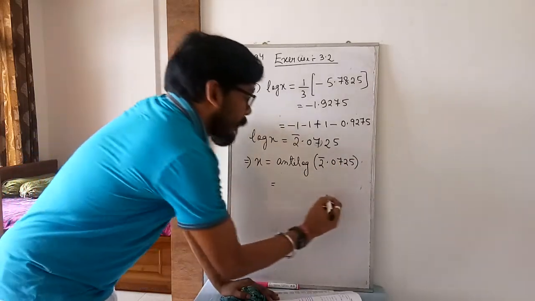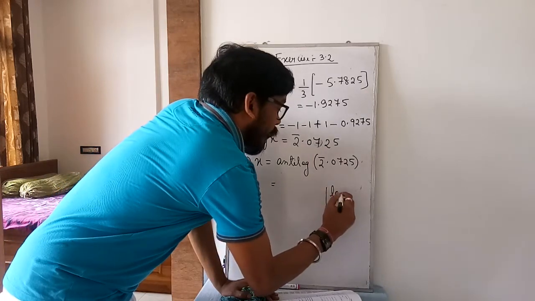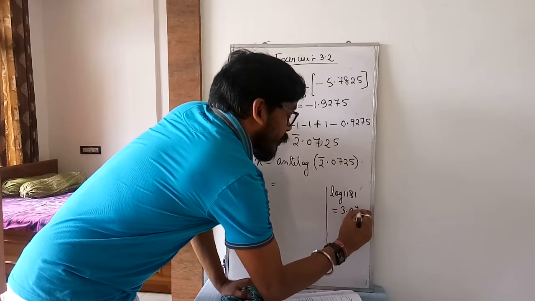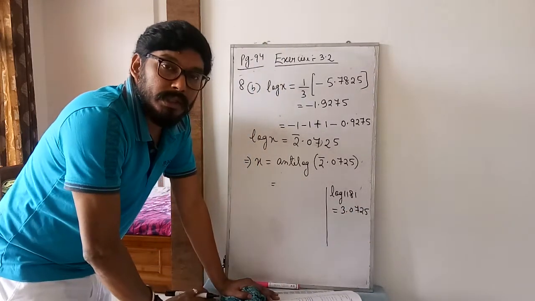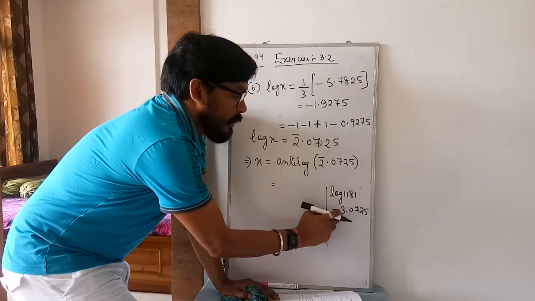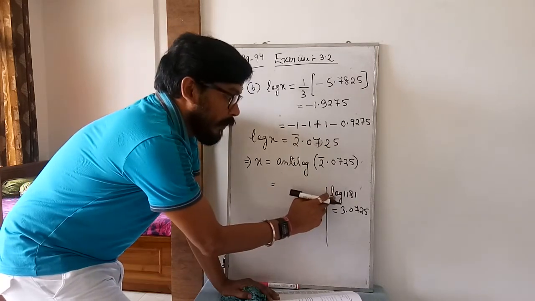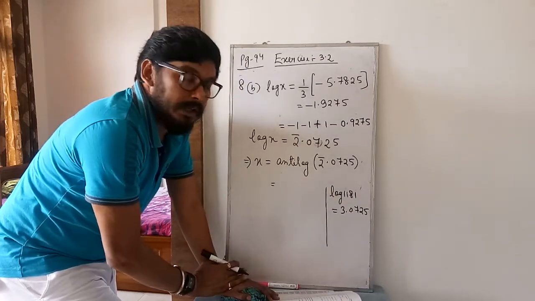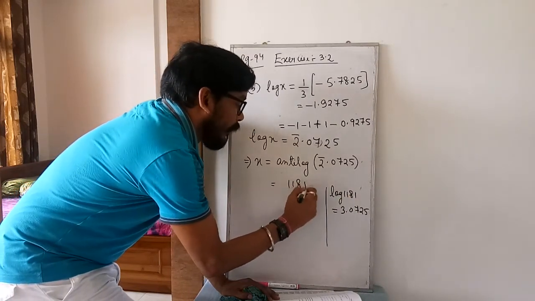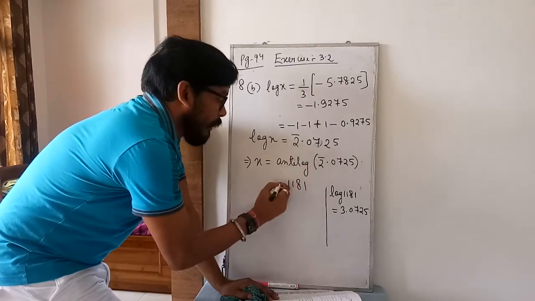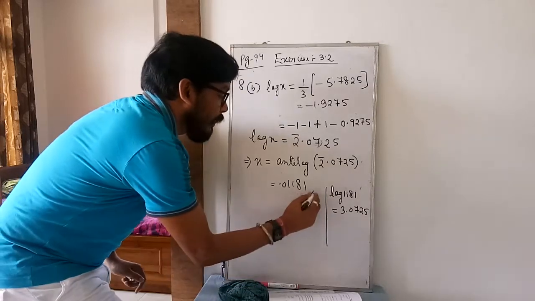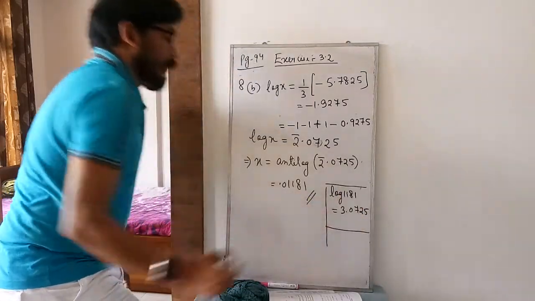Now in the question I am writing inside. In the question it is given log 1181 equal to 3.0725. Okay, this is the value which is given. Here there were 4 digits, so the characteristic is 3 and the rest is the mantissa. If you remove the log from this side, on the other side you have to take the antilog. And antilog of this is 1181, so I am writing here 1181. Here it is 2 bar, so for the decimal, 0.01181. This is the value which I have used here.